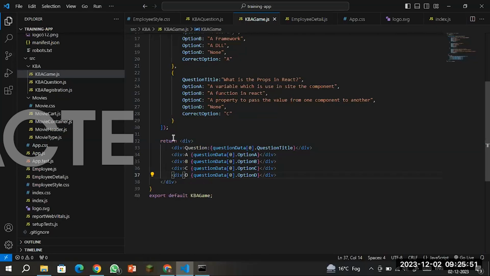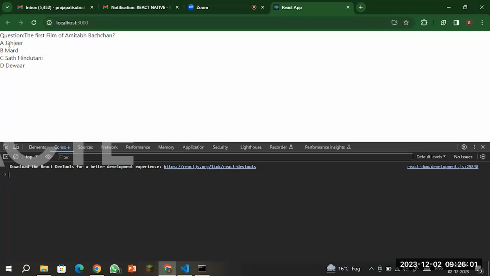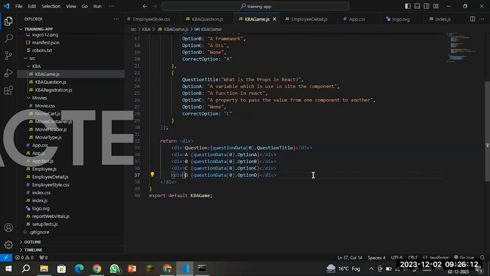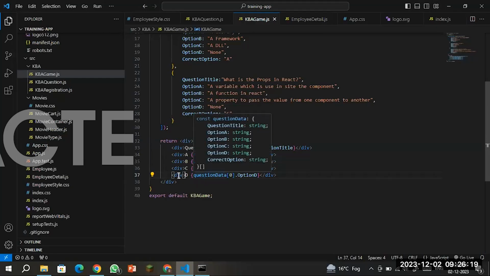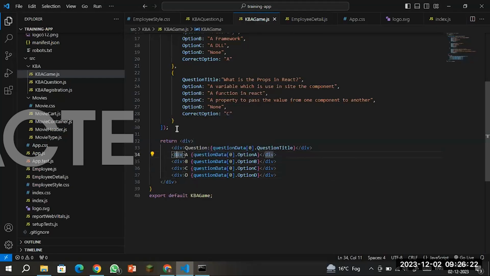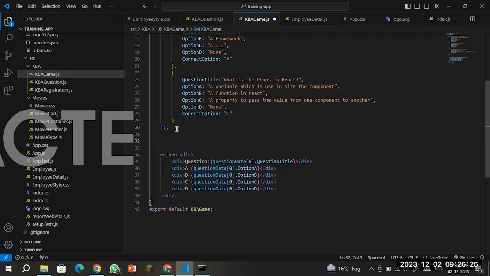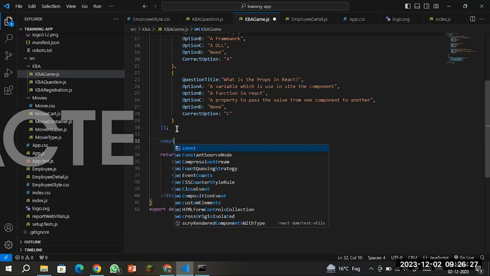Okay, so these are the options, and this is the question right now. Now I need to make it so that whenever the user clicks on it, it will show whether the answer is correct or not, the first one. So for click, I need to create a function and make a click event on these event divs. So I'm going to create first the click event const